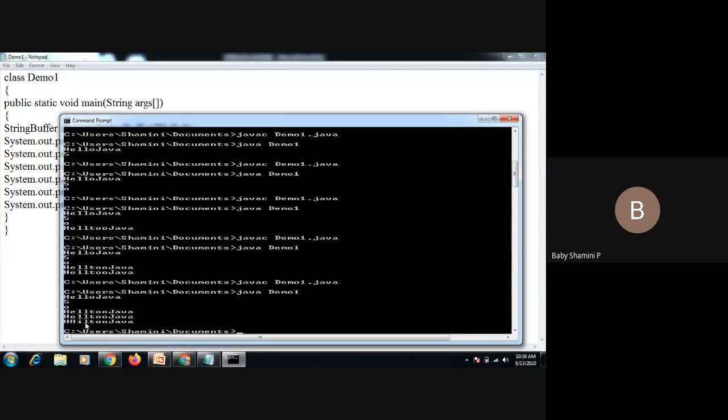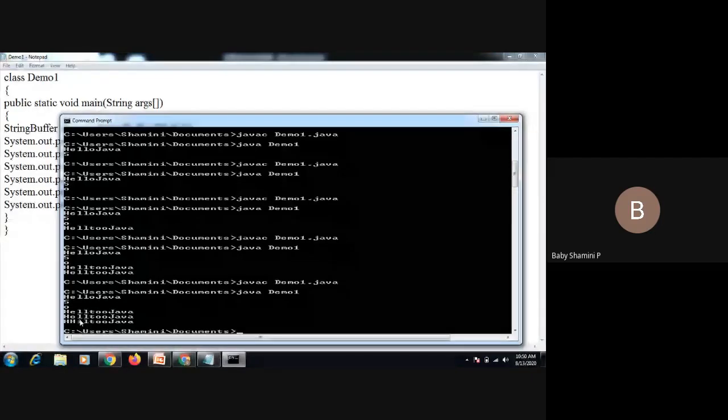So it excludes the third index. It considers only the first and second index values. So it replaces the first index position and the second index position. So the output is HILLO Java. In this way we can perform the replace operation.